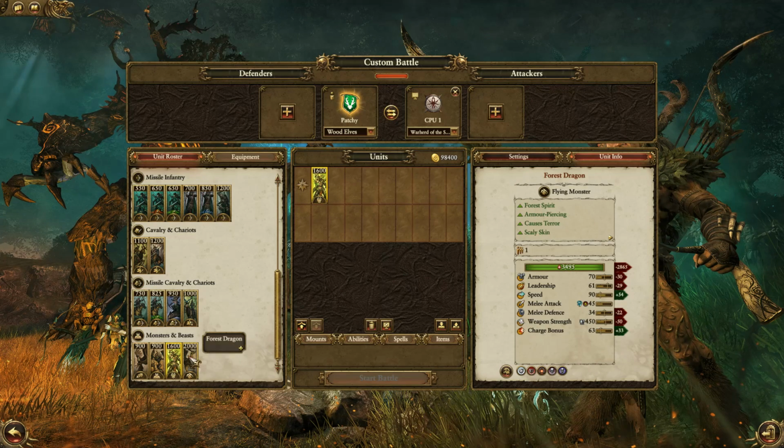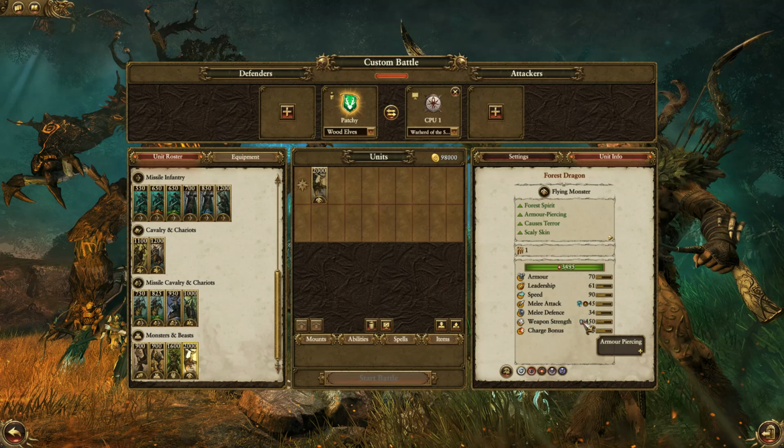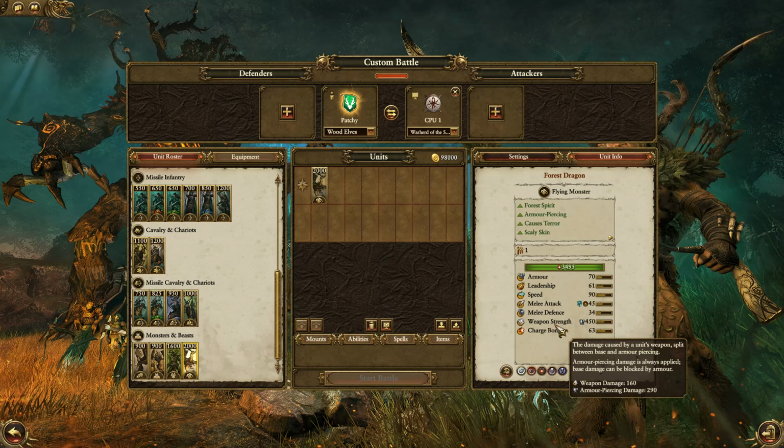If you're a tree man, you might be able to blend in. And then the forest dragon. Now this is a potent melee unit. It has poison attacks, magical attacks, 450 damage, with a considerable portion of it, 290, being armor piercing, fear